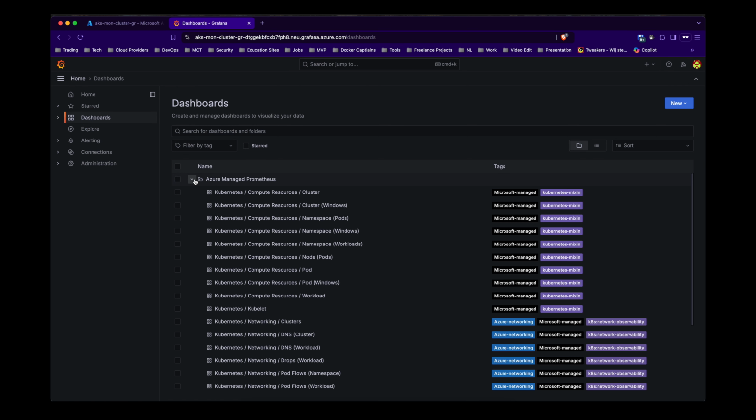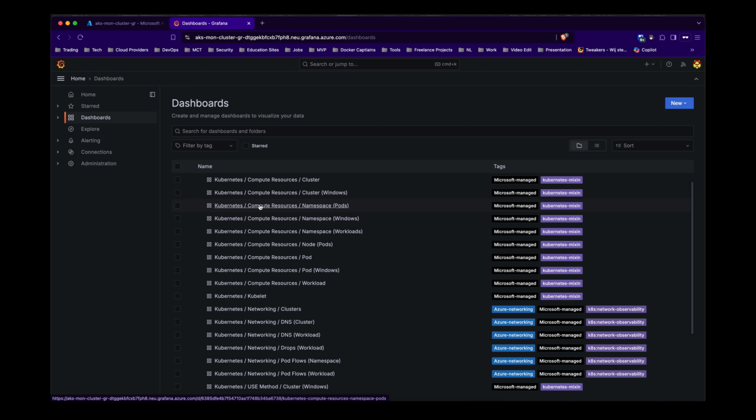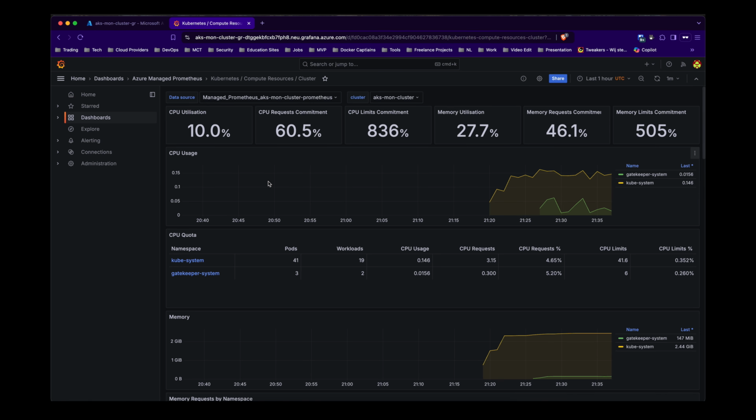Then you can see Azure Managed Prometheus. There are a lot of pre-populated dashboards available for you to use. Otherwise, you can always import other Grafana dashboards based on your workload needs. If you want to export a specific dashboard, that's also possible. So let's take a look at one of these dashboards. For example, if I go to the cluster resource dashboard and click that one,